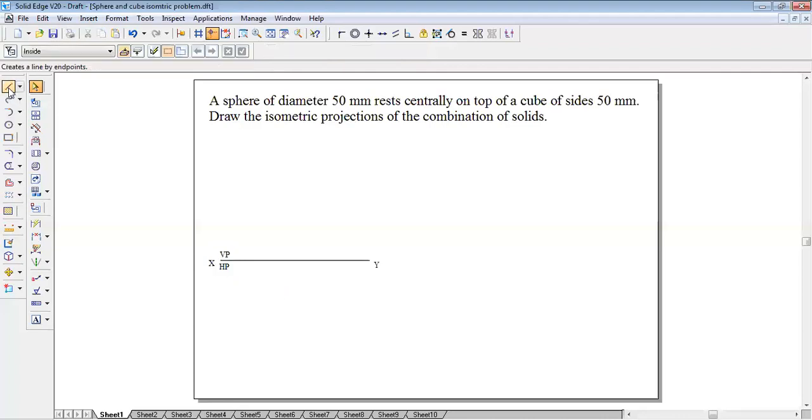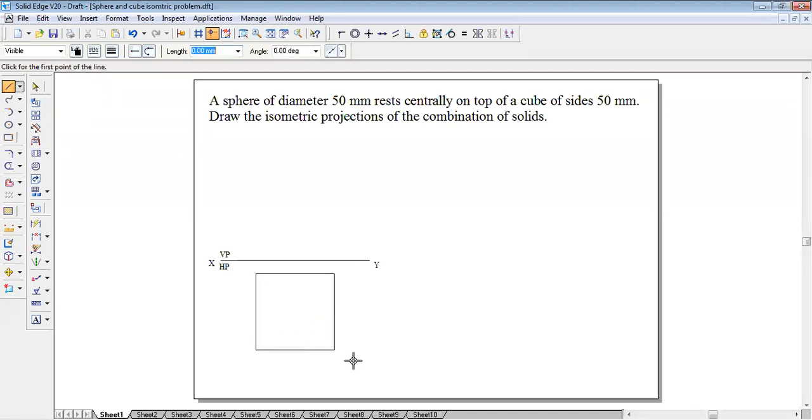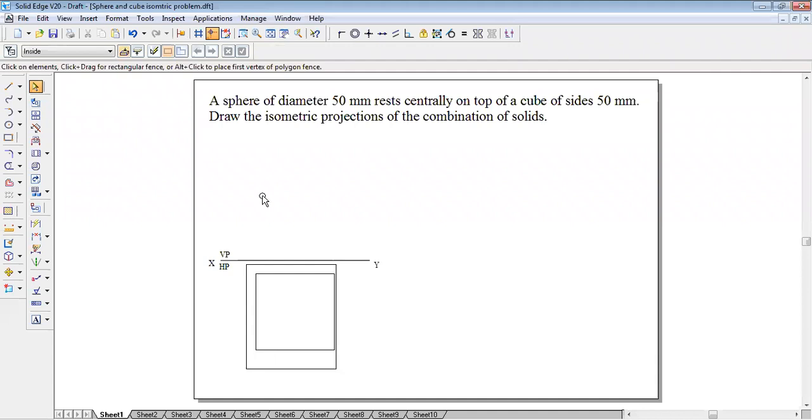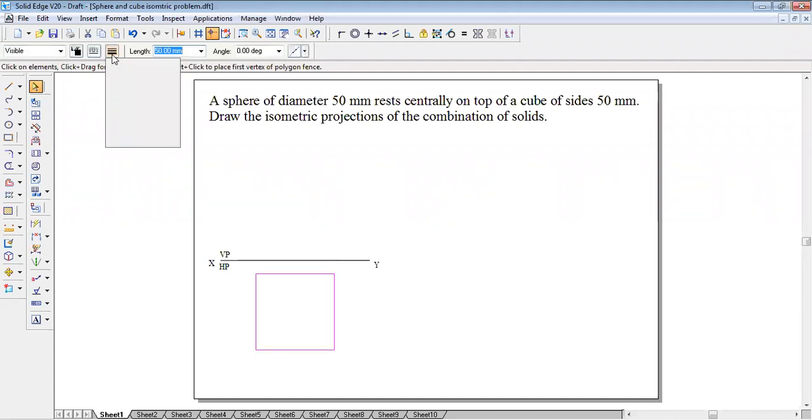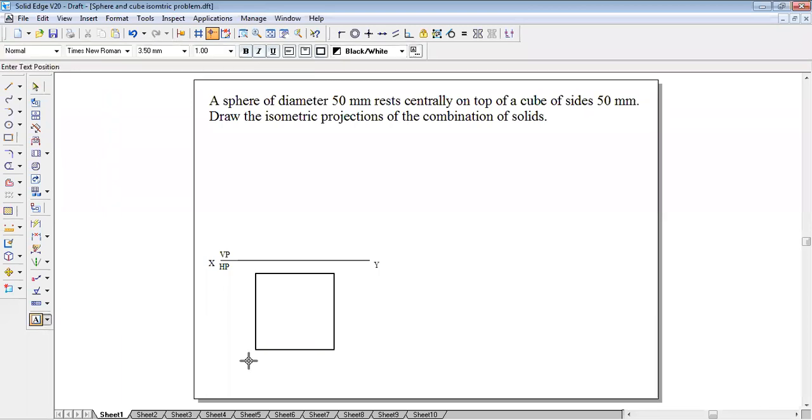Okay, now draw the square cube, 50 mm length, 0 angle, 50 mm length, 90 angle, 50 mm length, 180 angle, and then close it. Okay, select the object and make it 0.5 mm thick. Okay, after that give annotations A, A1,